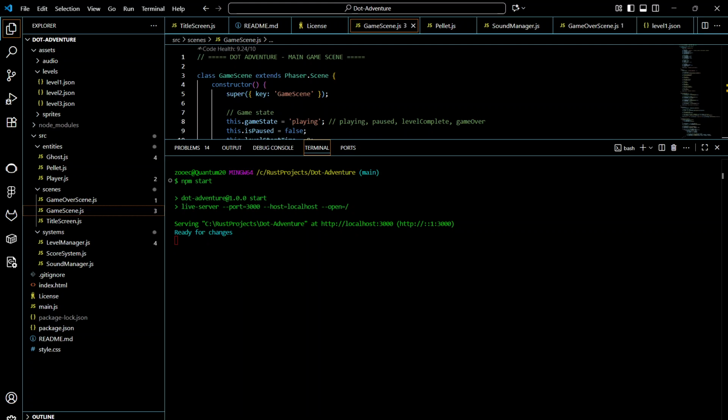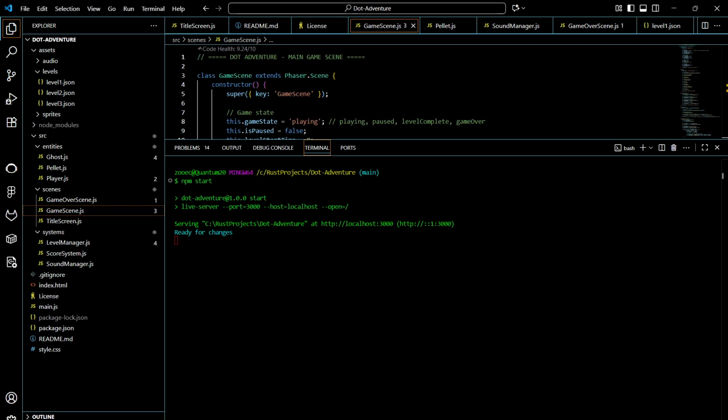one of the most sophisticated and well-architected HTML5 game frameworks available today. At its core, Phaser is built around a robust entity component system architecture that leverages WebGL through Pixi.js for hardware accelerated rendering, while gracefully degrading to Canvas 2D when WebGL isn't available. It's pretty cool. What makes Phaser